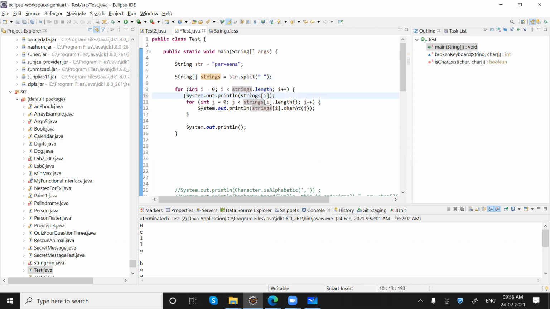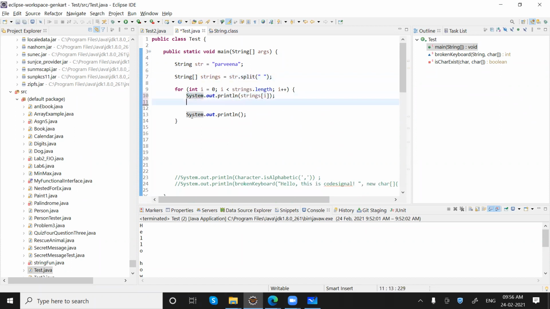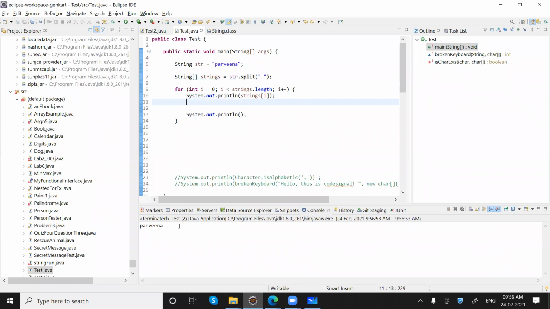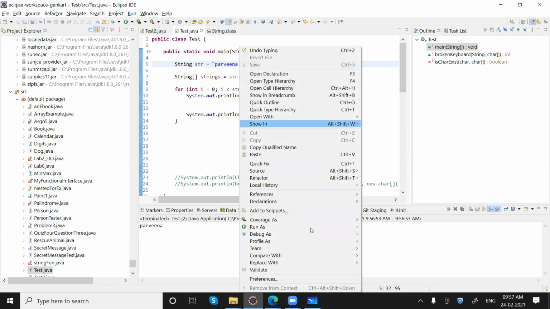Let me just revert it back. Okay, now if I say, so the only thing I'm getting is Pravina because there is only one name. Let me take another name. Let's say Hema is also there in this string, separated by a space. So this time we will get 2.